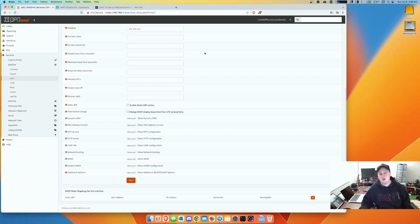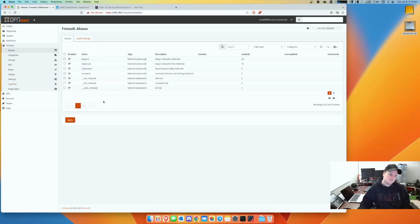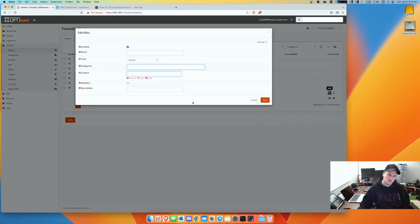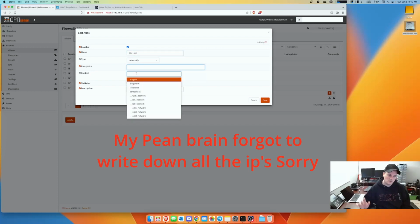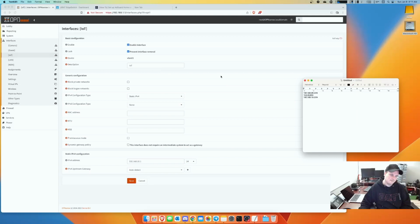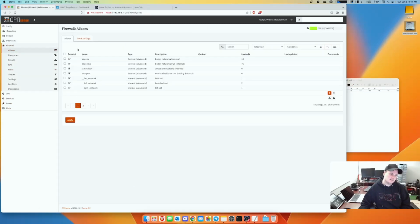Now, what we want to do is create an RFC 1918 rule, so that way these guys can't talk to each other or to the main network. Let's do that since we're on the path here. So I believe we have to go to firewall, aliases, and we have to create one, and we want to call this networks, name, RFC 1918, categories, and contents. My apologies. Firewall, aliases, add,